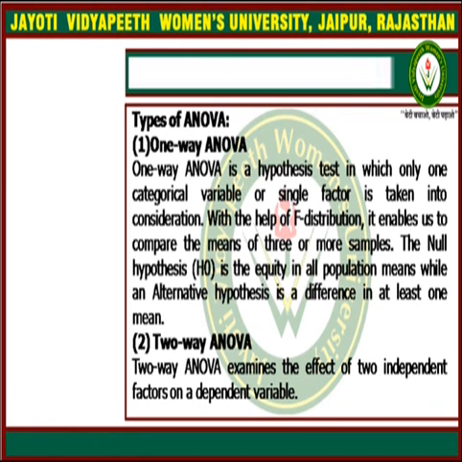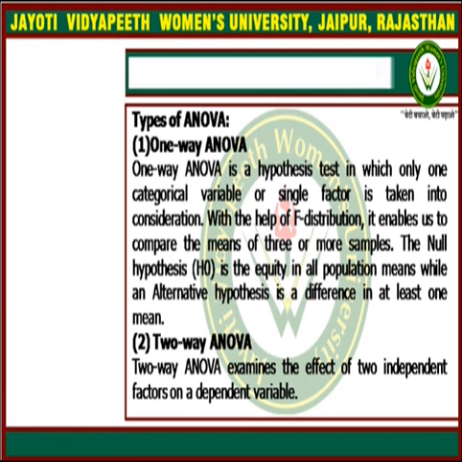So this can be taken as the hypothesis in which all the samples have the same means, and one dependent variable is there, and we have to see what kind of effect will be made by the independent variable on the dependent variable. Now next is the two-way ANOVA, and two-way ANOVA examines the effect of two independent factors,